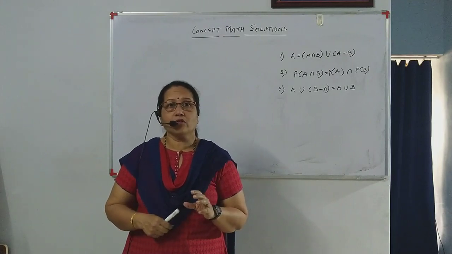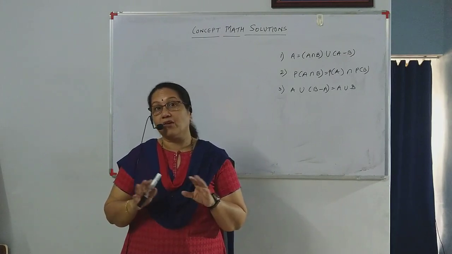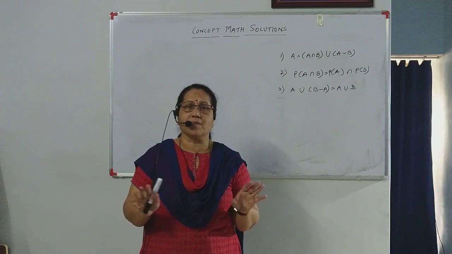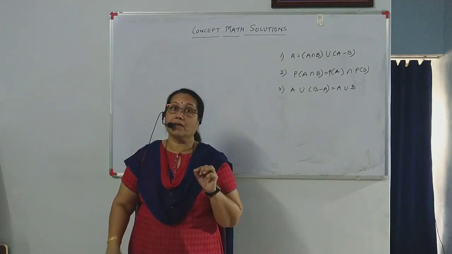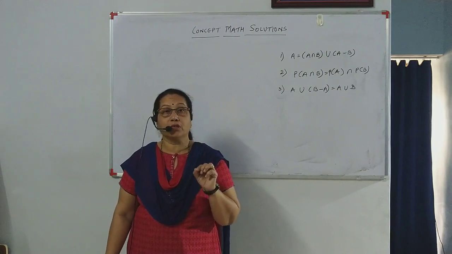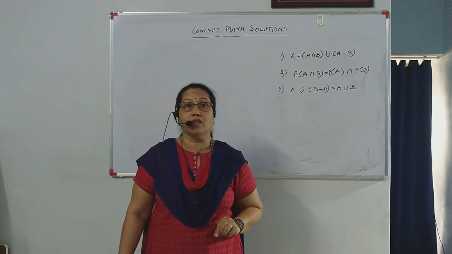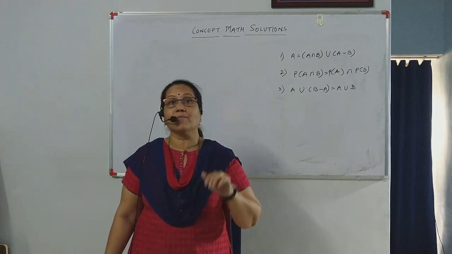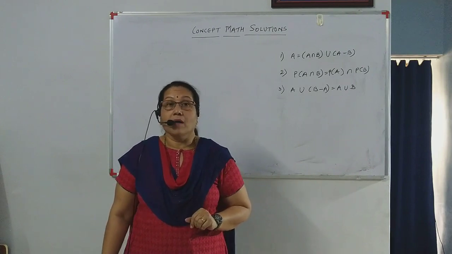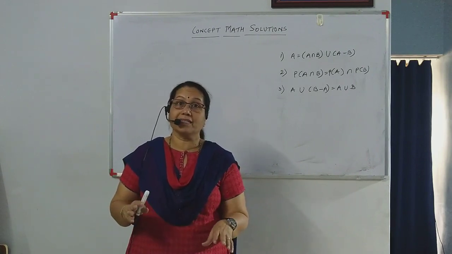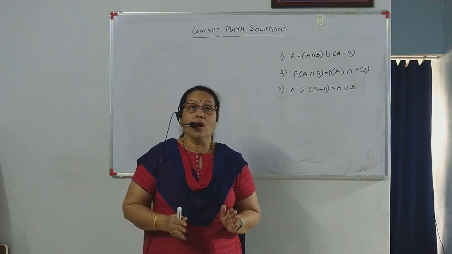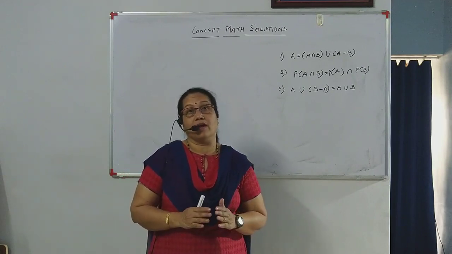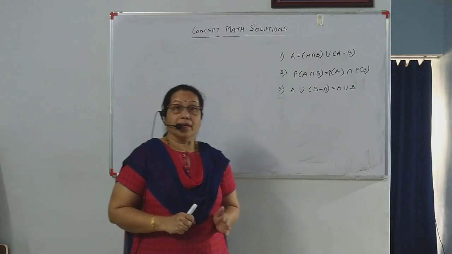The first thing that should happen in our mind is we think of examples, simple sets, simple examples. And if we are able to locate one example which shows that the situation is false, then you can quote an example and write that it is false. But if you are not able to locate an example for false, that means the statement is true, and when the statement is true, we have to prove it in general, right?